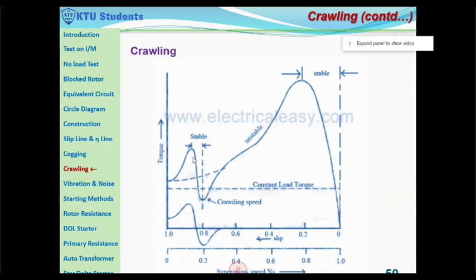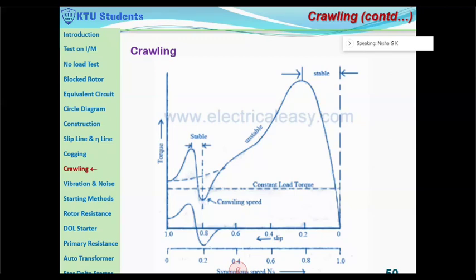As you can see, if you are having a constant mechanical load on the shaft, then at this point the torque developed by the motor falls below this constant torque level. So that means here the crawling speed occurs. Even though the torque produced by the motor falls below the constant load torque, it will be stably operating at ns by 7. So that means at subnormal speed, subsynchronous speed, it has a certain stable operation. So this is known as the crawling effect.